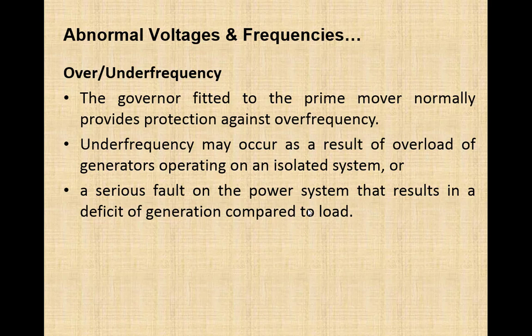When, due to a problem in the power system, a large generation is taken out of the system by the protection system, and the rest of the system has a generation deficit as compared to the load, then the frequency of the whole system will reduce. That would be detected by the under frequency relays. These under frequency relays are installed at the sub transmission level in our system, that is 132 kilovolt, and these under frequency relays are also installed at power plants.